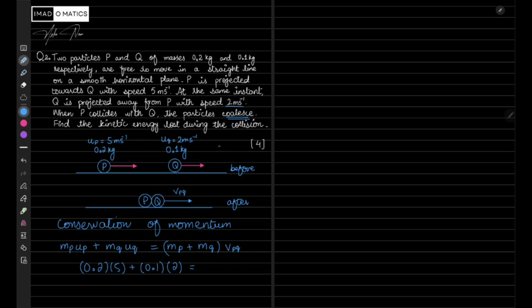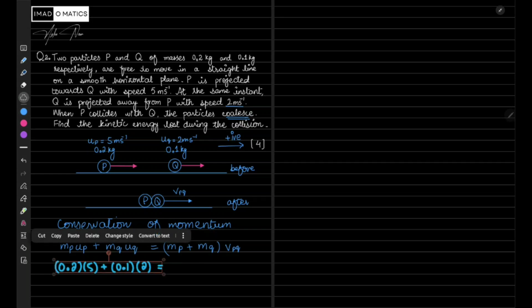As for the convention, we may take that this direction we took to be positive, so both are in the same direction, so both our velocities are positive. So this is your left hand side of your conservation of momentum equation. And now for the right hand side, 0.2 plus 0.1